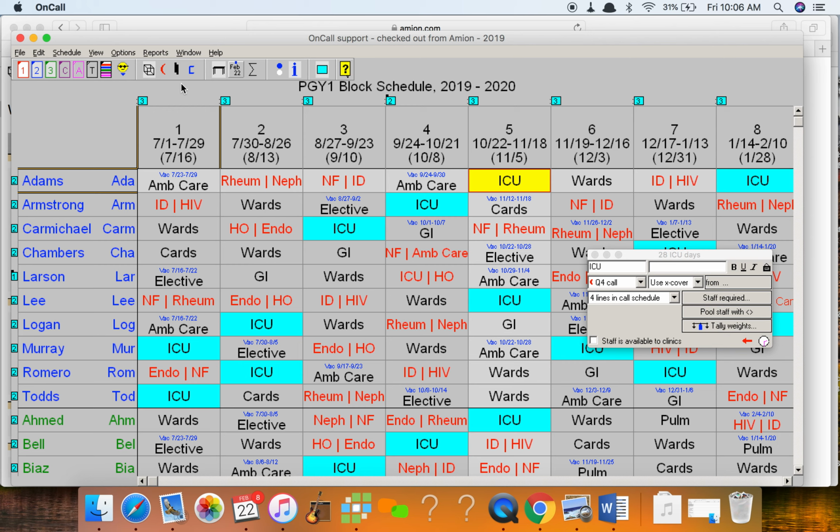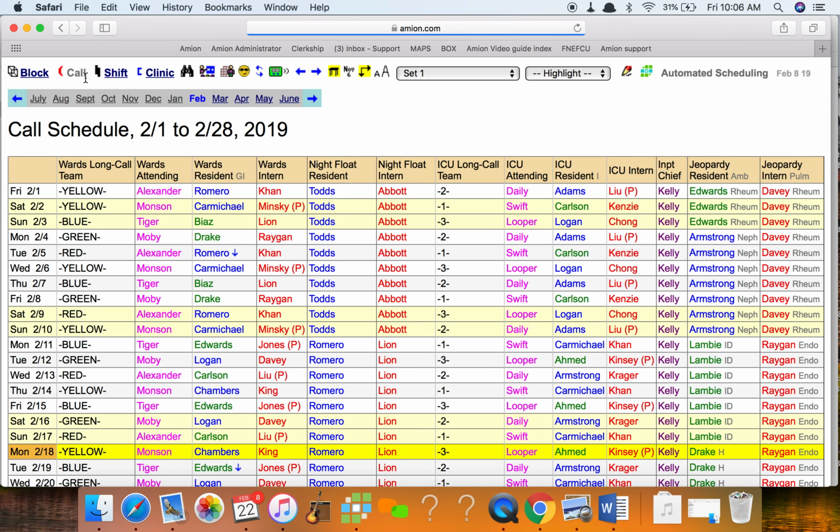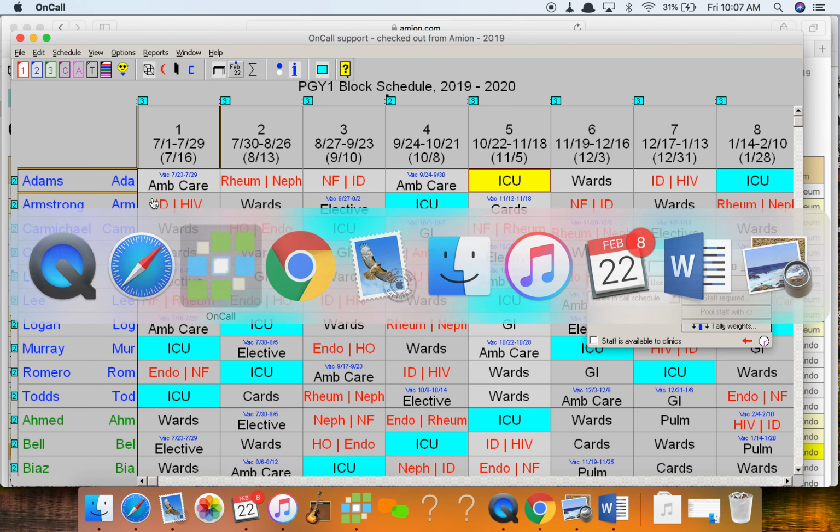A few years after Amion started in that realm, people asked us, they'd been using the residency version, and all those residents graduated and went into other programs and other practices, and they weren't part of a residency anymore. And they said, man, it'd be nice if Amion built us just a really simple call schedule or clinic schedule or shift schedule. We don't need the block rotations anymore. Now we're attendings, and we just want to know what we're doing each day. So Amion built a second platform, and we called it Attendings.